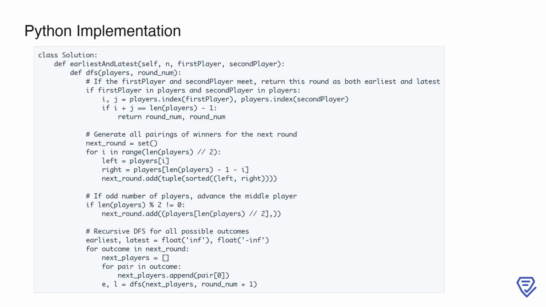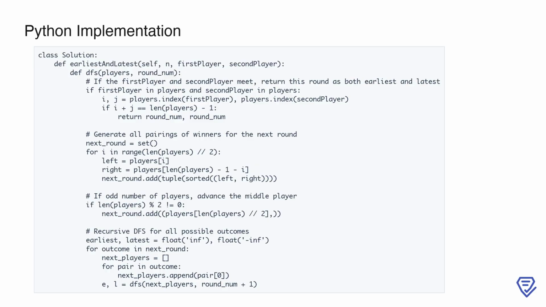The first condition checks if the two specific players meet in the current round. If they do, we calculate their positions in the list, i and j, and confirm that they are direct opponents by ensuring the sum of their indices equals the last index of the player list. If this condition is met, the function immediately returns the current round as both the earliest and latest round where